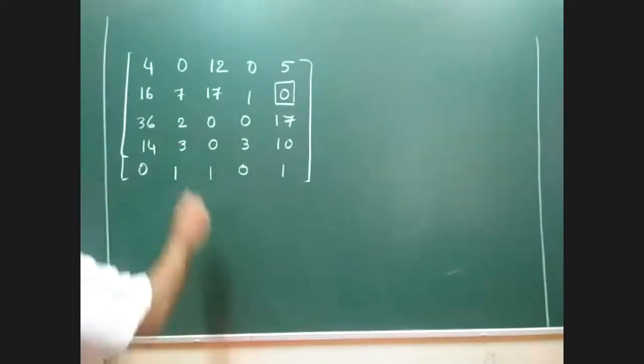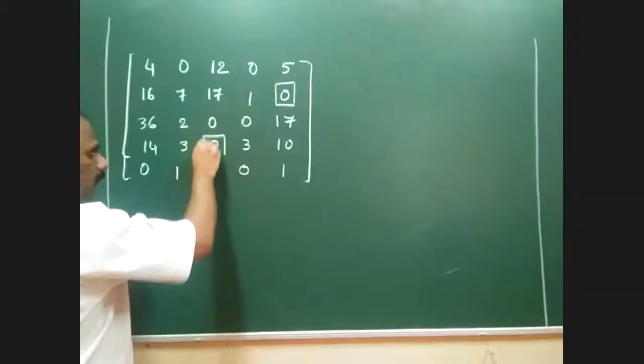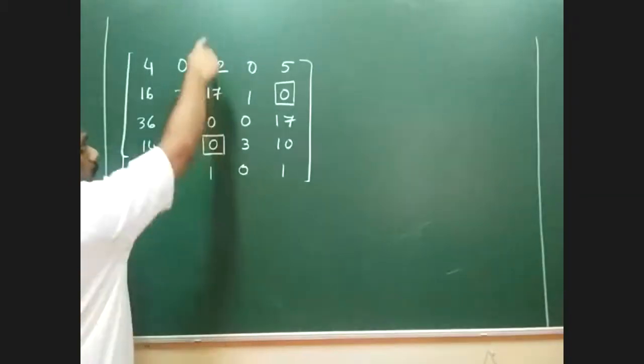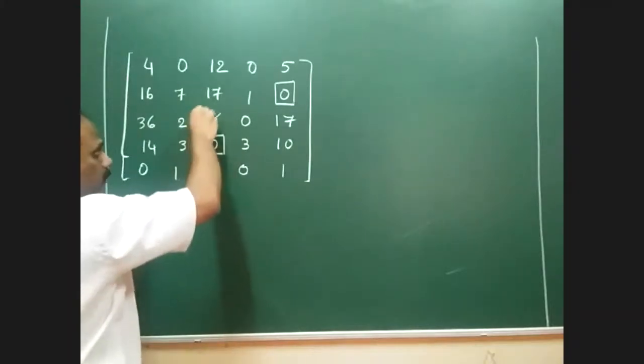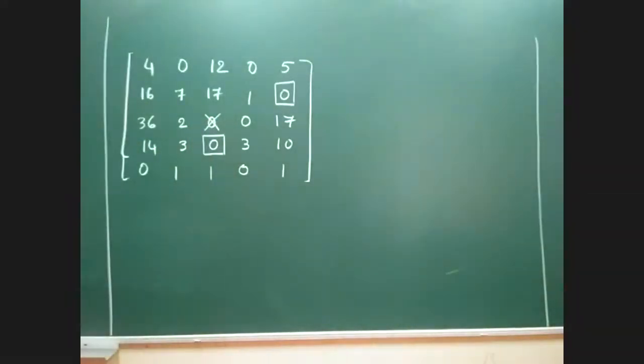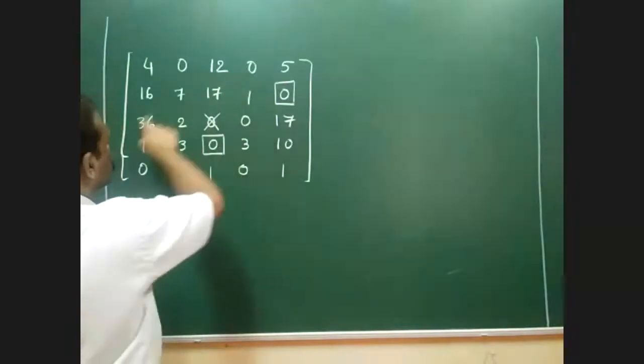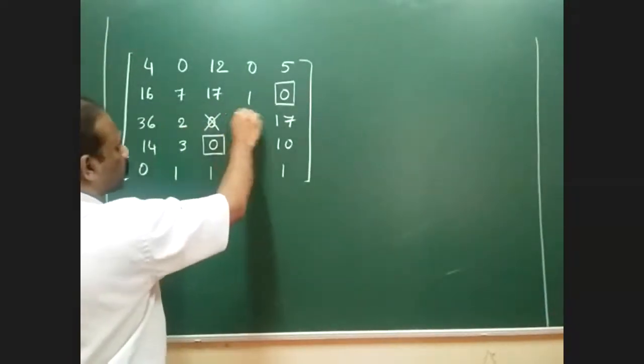Okay, let me take this. If I'm taking this, the same step holds good again. All the zeros of that particular column have to be blocked. Since there is a 0 here, I'm supposed to block it. Now again we'll go for the same thing. We'll search for the single zeros. The single 0 is there. Okay, if I'm taking the single 0,